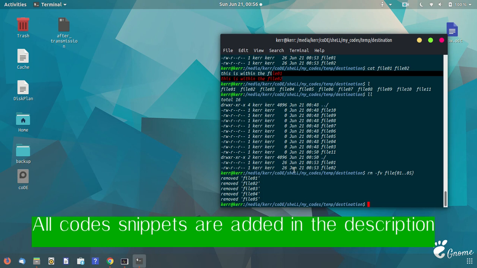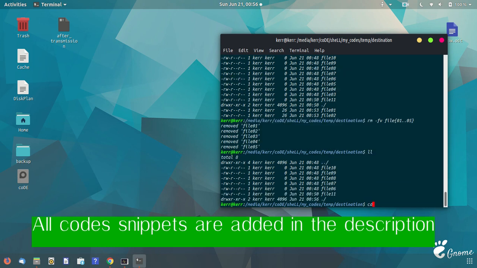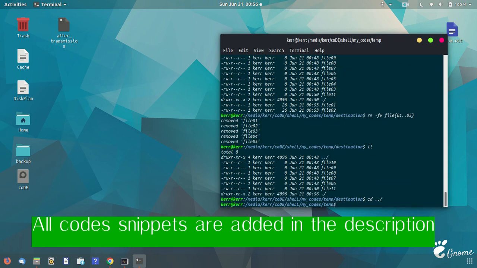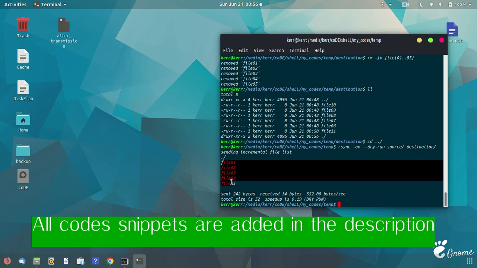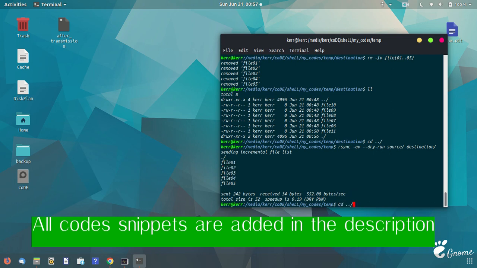So these files are being removed from the destination. Now we'll run that rsync command from the source to destination with the dry run. See, only these files will be synchronized because they are present only within the source directory, but not present within the destination directory. So if we run this command without the dry run, those changes will be made.